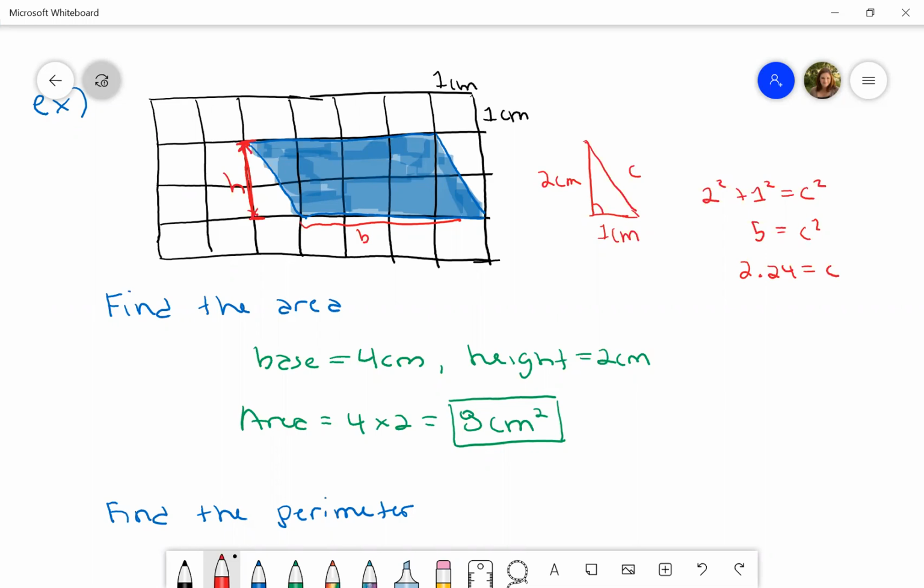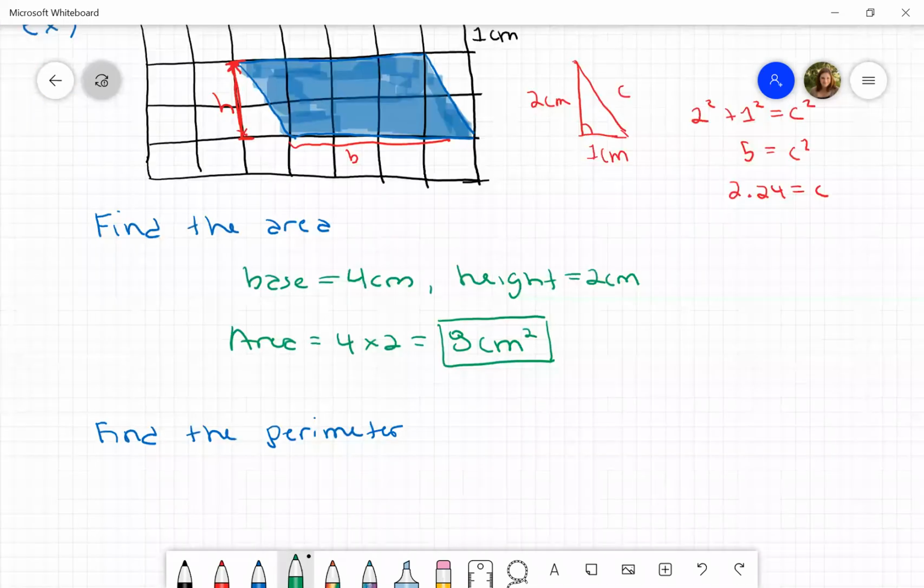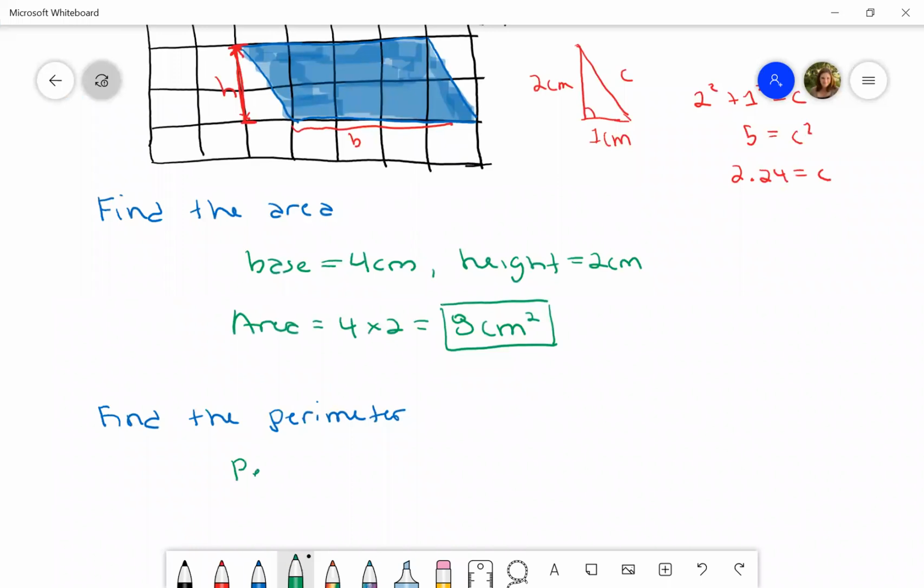Okay, so then for the perimeter, it's going to be the 2 bases, which is 4 centimeters each, plus the 2 slants of 2.24. So that's going to come out to